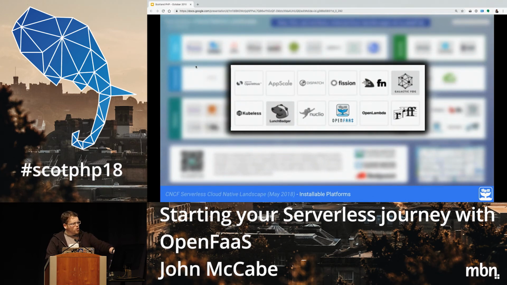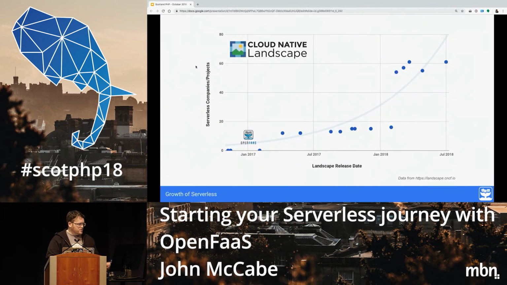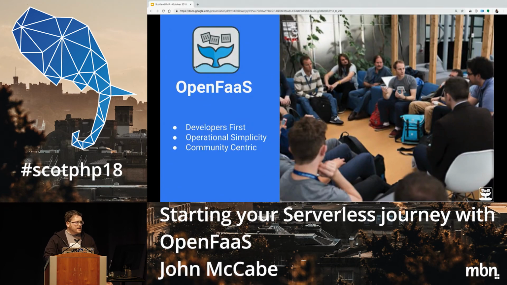We exist in a small corner of that, where it's like portable serverless platforms that you can put wherever you want rather than being locked to particular vendors. And you can see the growth over time. OpenFaaS launched in 2016, 2017, and the growth has exploded recently. So OpenFaaS,